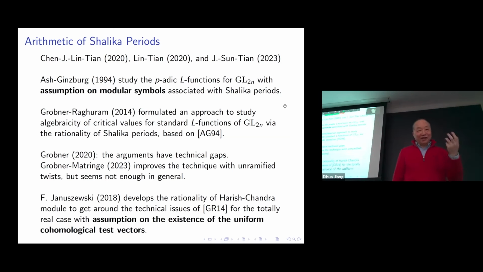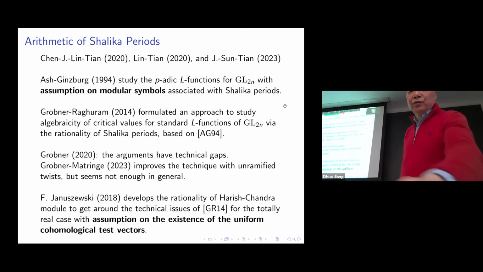So they realized this period has potential arithmetic applications. So H and David Ginzburg worked on this, related to